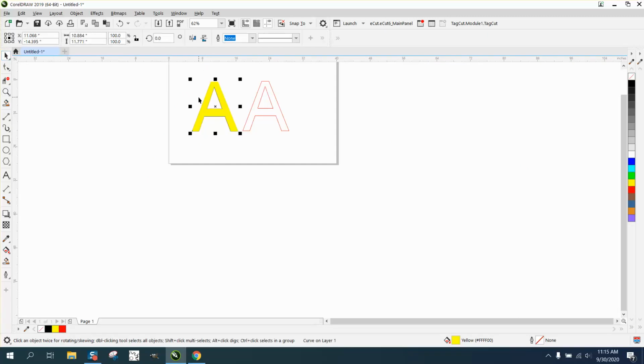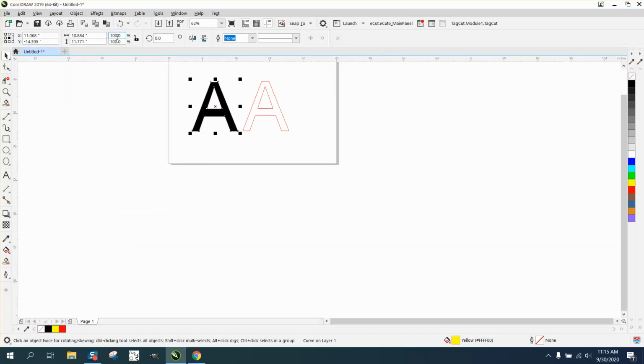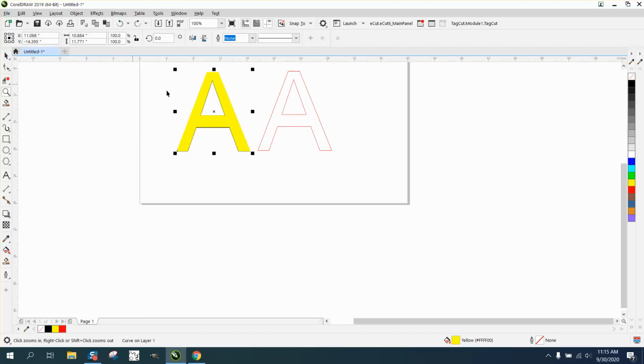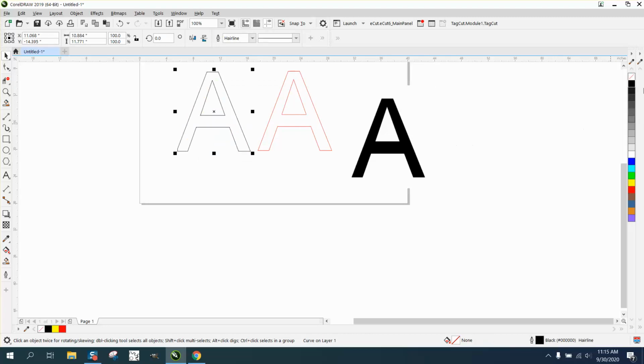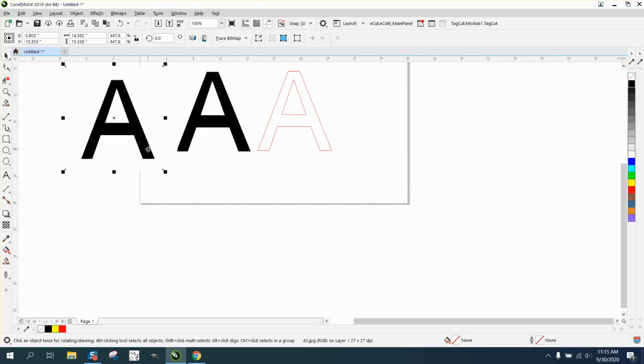Now what you could also do, and this really won't work in this case, but if that is our A, we can go to Object, Order, Back a Page. Doesn't work in this case because it's got a white background. You ought to be able to see yellow through there. But that's how I would do it. Simple, easy, and can't go wrong with that. I think it's identical. I hope that helped a little bit, and thank you for